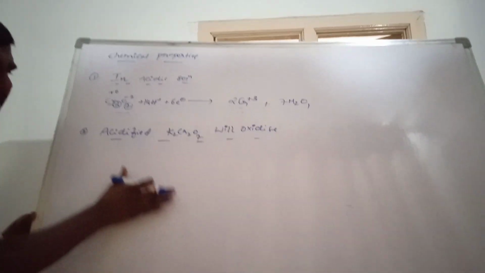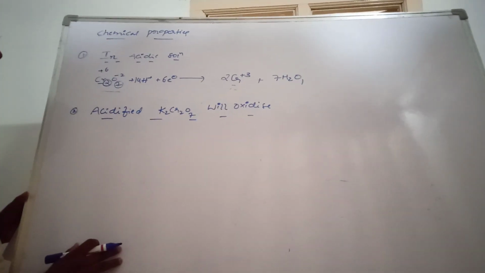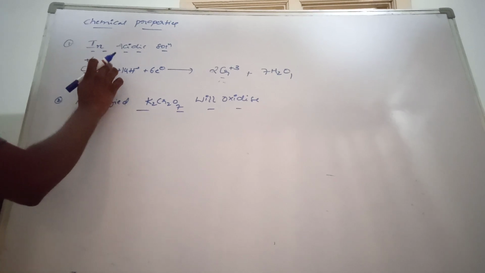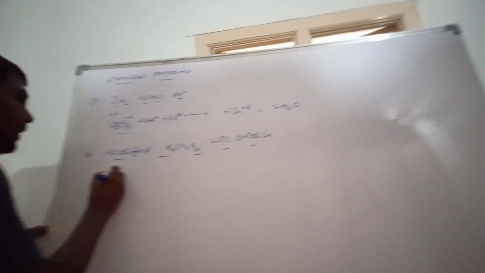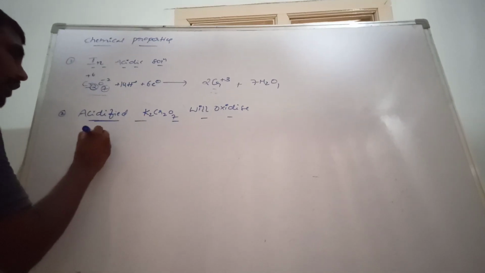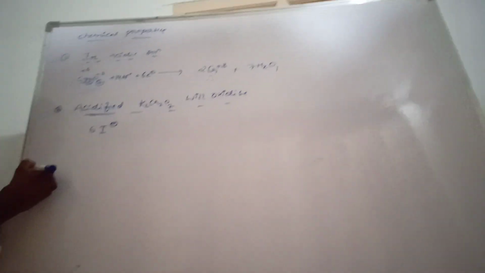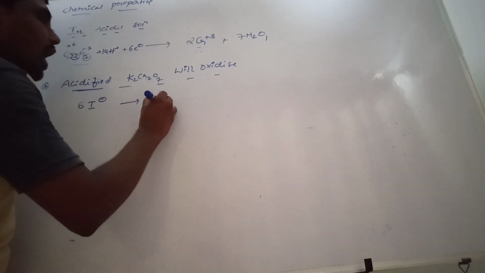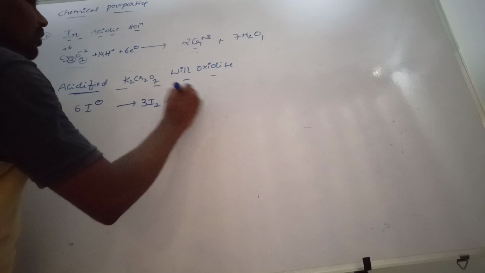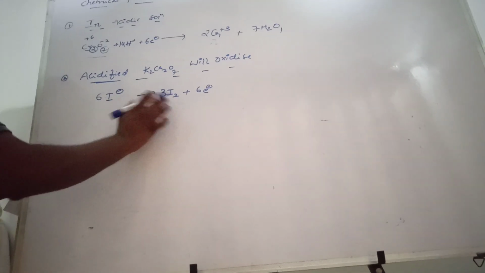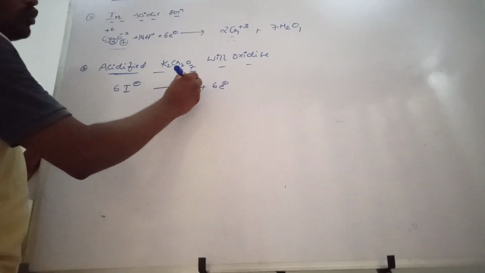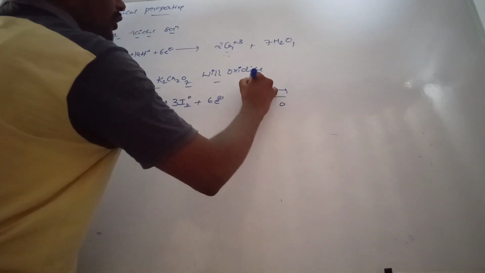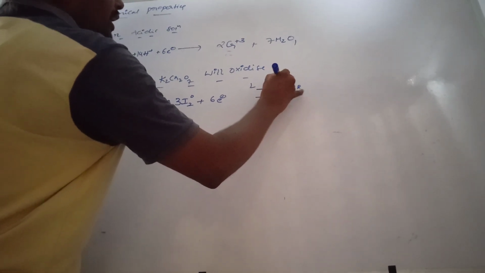I will write only the reactions. After the complete reactions I will give you the information. K2Cr2O7 or Cr2O7 power minus 2, both are the same. Okay, see here in acidic medium, 6 moles of iodide is converted to 3 moles of I2 plus 6 electrons. This is oxidized. Minus 1 to 0. The line travels left to right, so we call it oxidation.